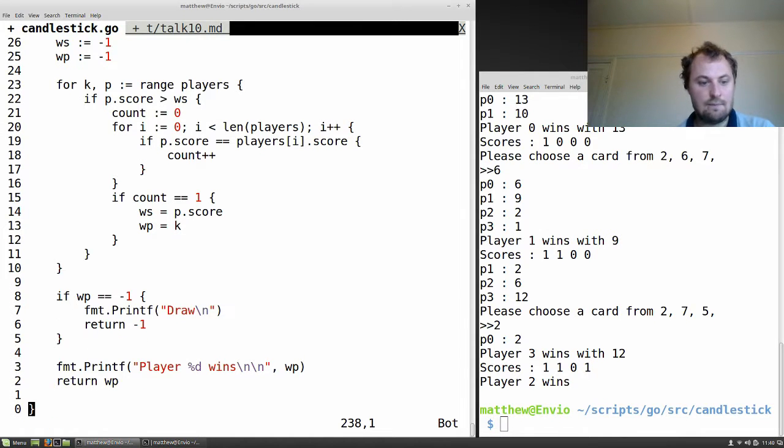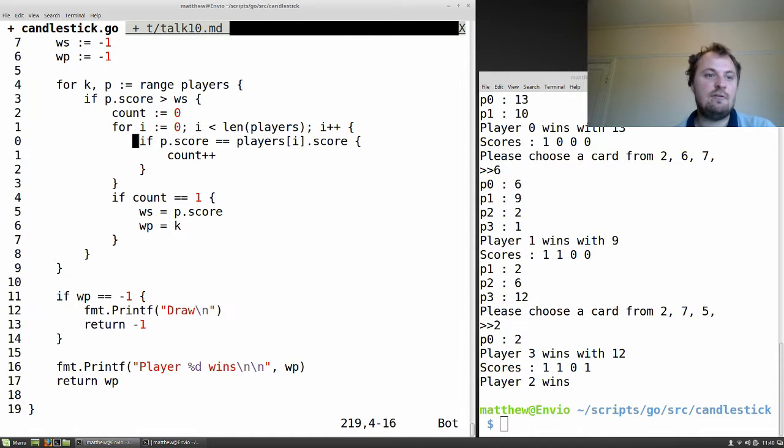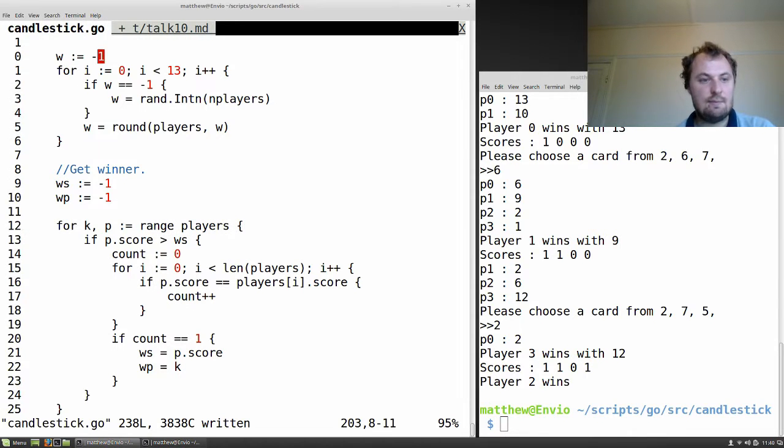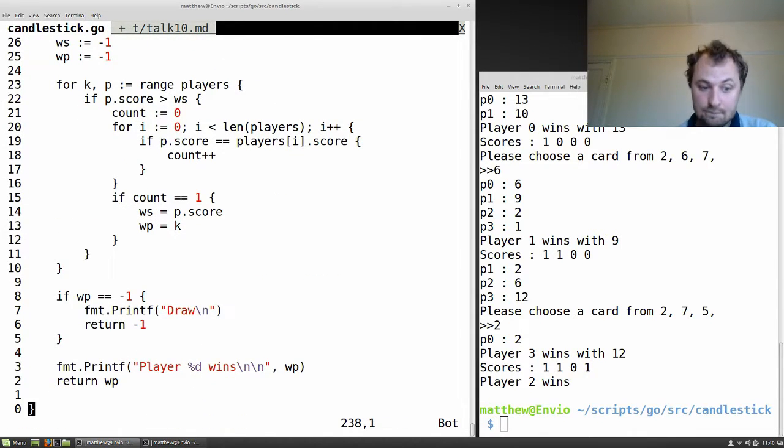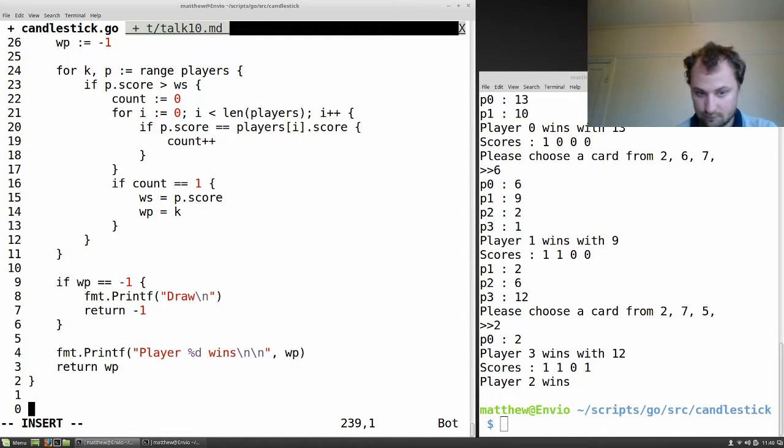WP, winning player. So by renaming this, we now no longer have something that will happen at the beginning of the program, because we are going to turn this into a server. We'll probably give it the option to be a server or play it command line at some point. So by keeping that function as it is, then we can access it later. For now though,